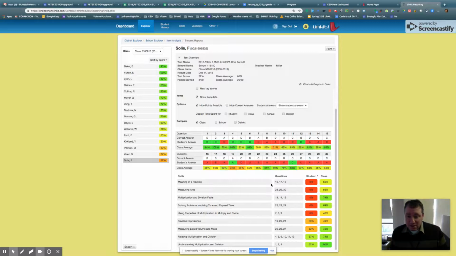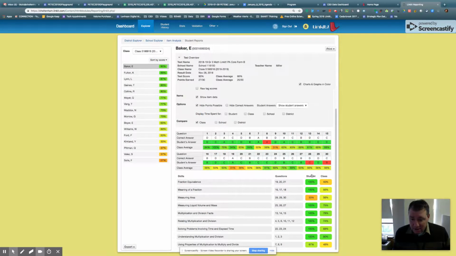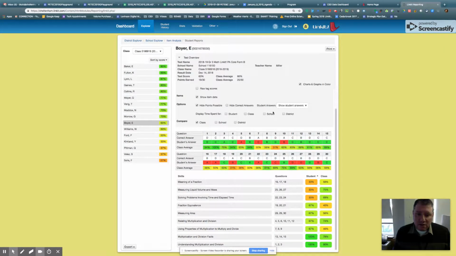And I see fractions is, again, another weak one for this student. And I'm guessing a lot of the students are going to have weaknesses. So if I go to the highest student here, I can click on how they scored, move it up. So measuring area, the student fractions they did quite well in, so they're high level. If I go to the middle, I can then again look at this and see what their weaknesses are. And fractions, liquid volume and mass, and I can look at the data,